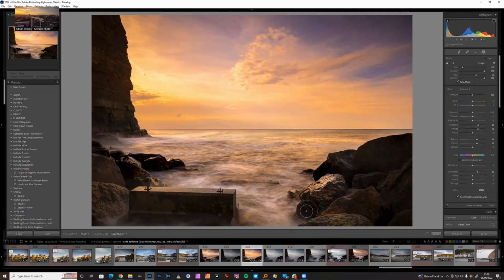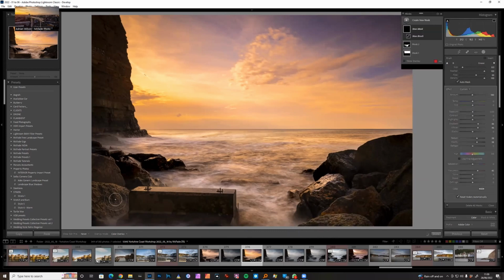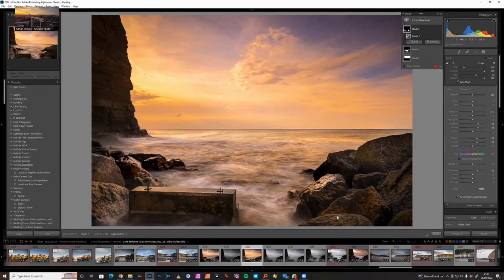shadows slider quite a bit, because I don't want to reveal everything of these rocks, just the bits where the light's catching really. And maybe the top of this wave barrier thing that they've put there. Let's see what's happening. Okay, so we've painted on where we want the changes to go, and now we can just